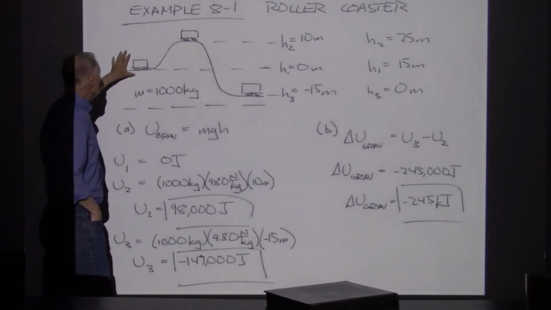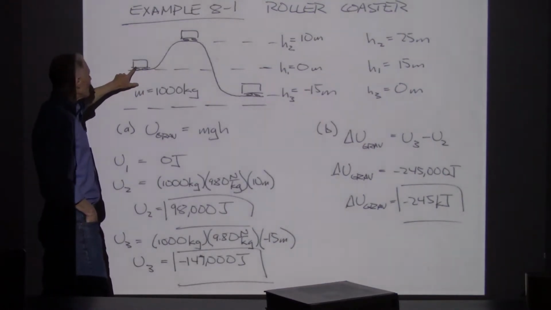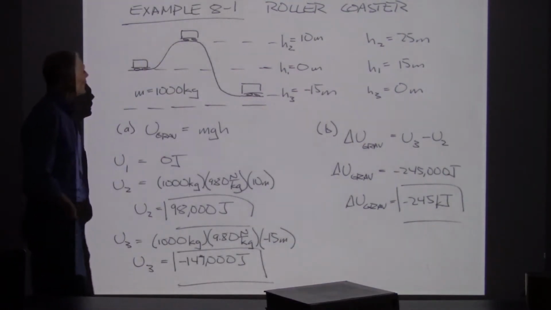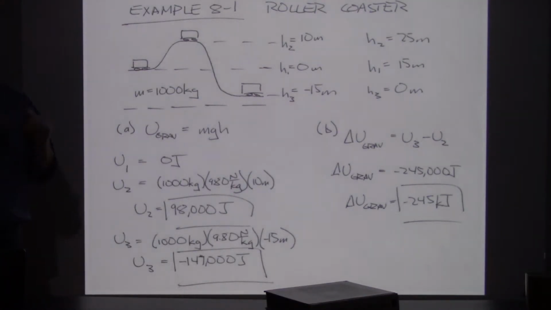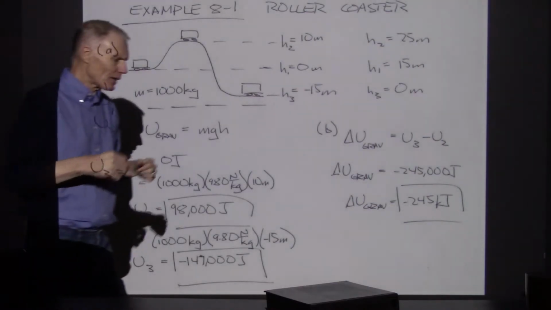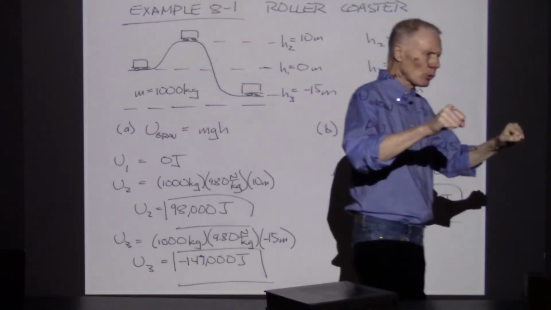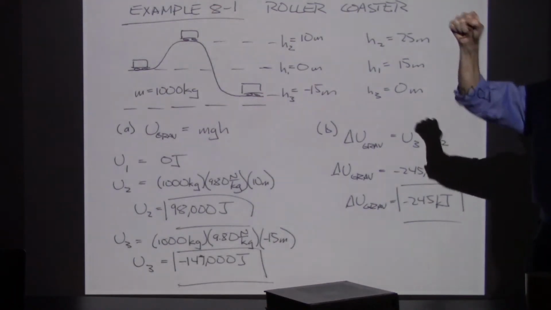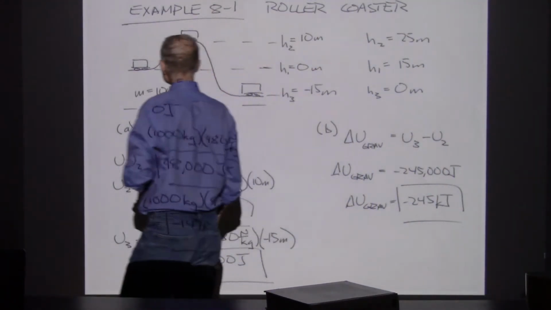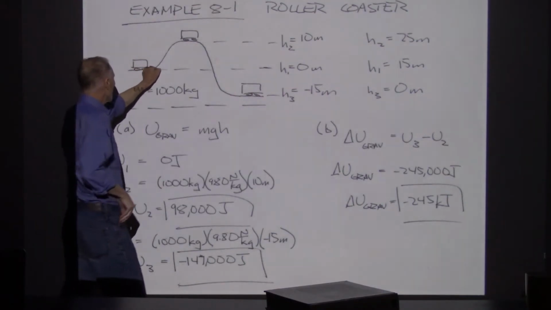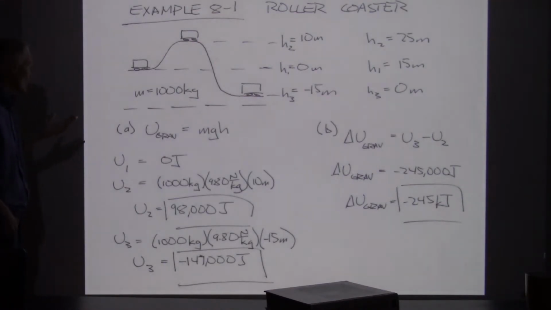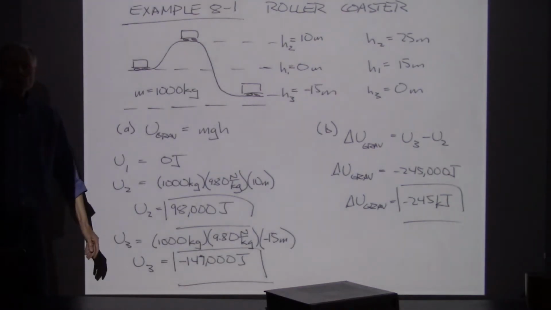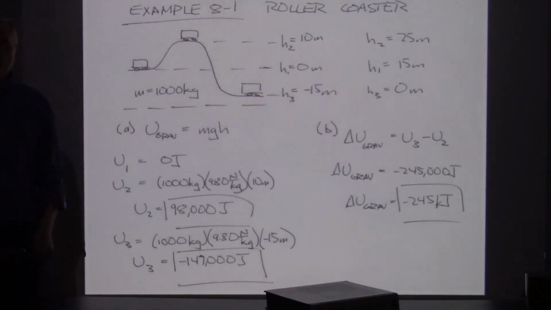Now, let's go back and look at positions 1 and 2. How did this thing get up to position 2? There's a couple of possibilities here. If it's a roller coaster, it could be that they have that drive system that catches onto the roller coaster car and pulls it. So it could be that we had some mechanical system that grabbed the roller coaster car and lifted it up to this height. That's one possibility. How much energy would that have to have provided? That would have to have provided 98,000 joules of energy, because that's how much potential energy it's going to have